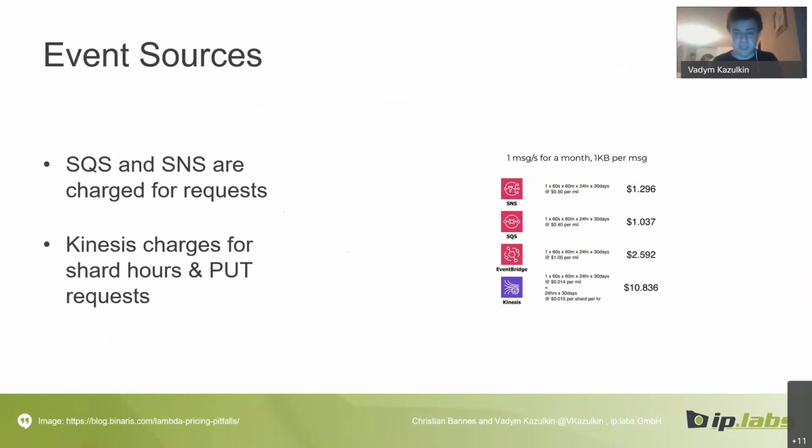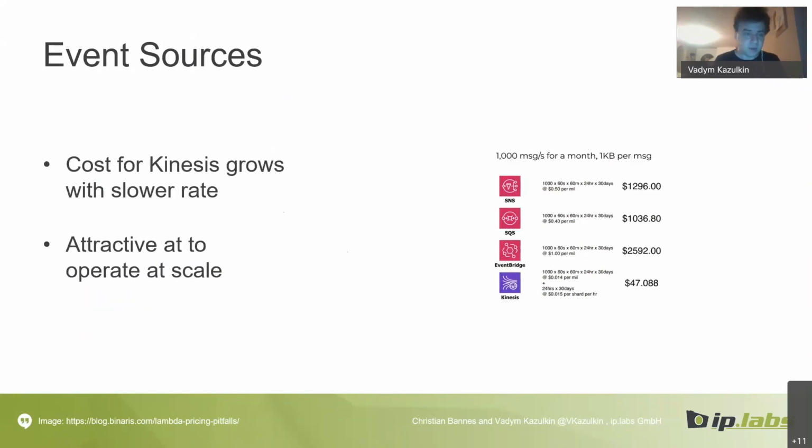And what you see on the right side, if you have only one message per second with 1 kilobyte size, Kinesis is the most expensive service because it will be scaled by shards per hour and put requests, and SQS and SNS are cheaper. SNS and SQS is the option to go, or even the combination of them. But